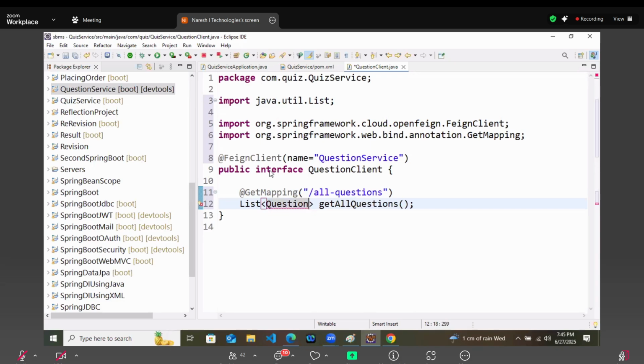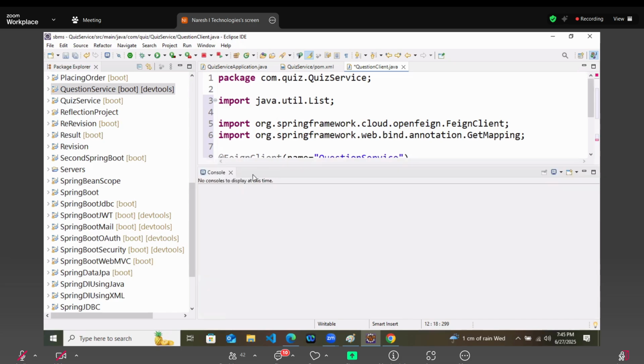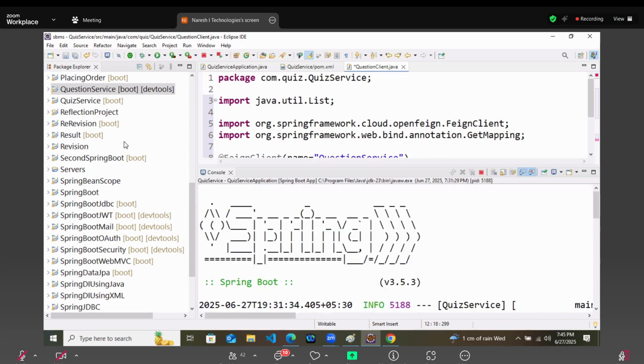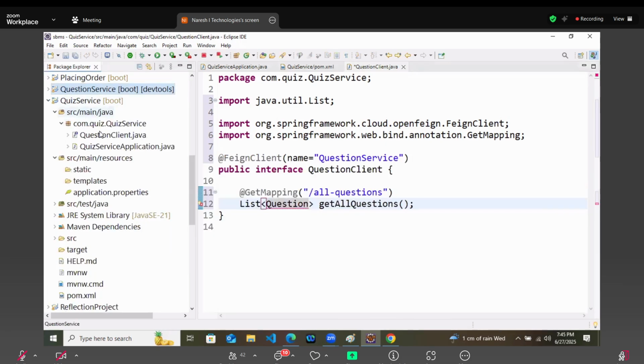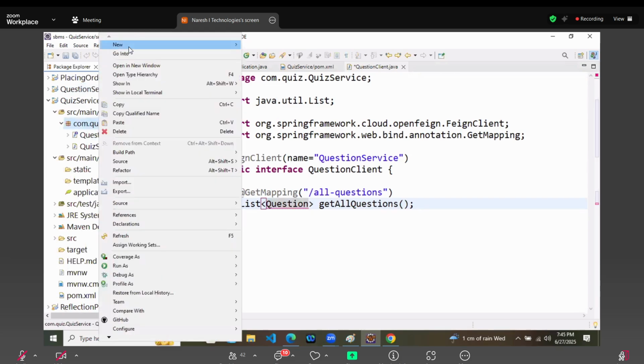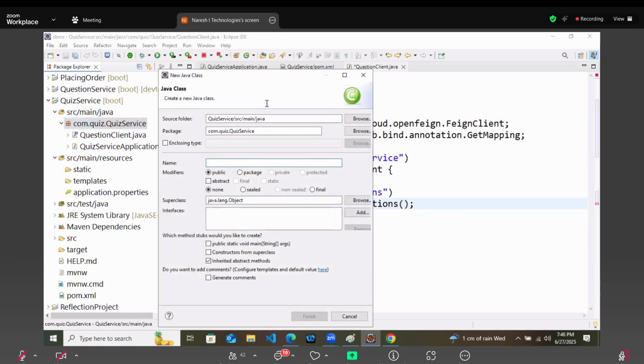Now to solve this, you have two particular ways. One is you can create a separate third project where the class will be available and all will use it, but that is for a very big project. So here inside our quiz service, I will create that class. So here we will create our question class.